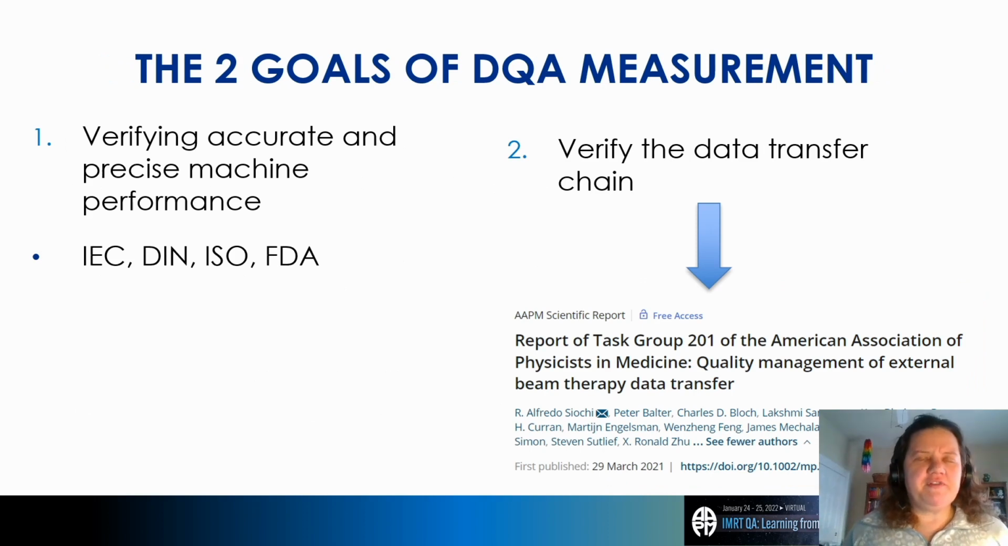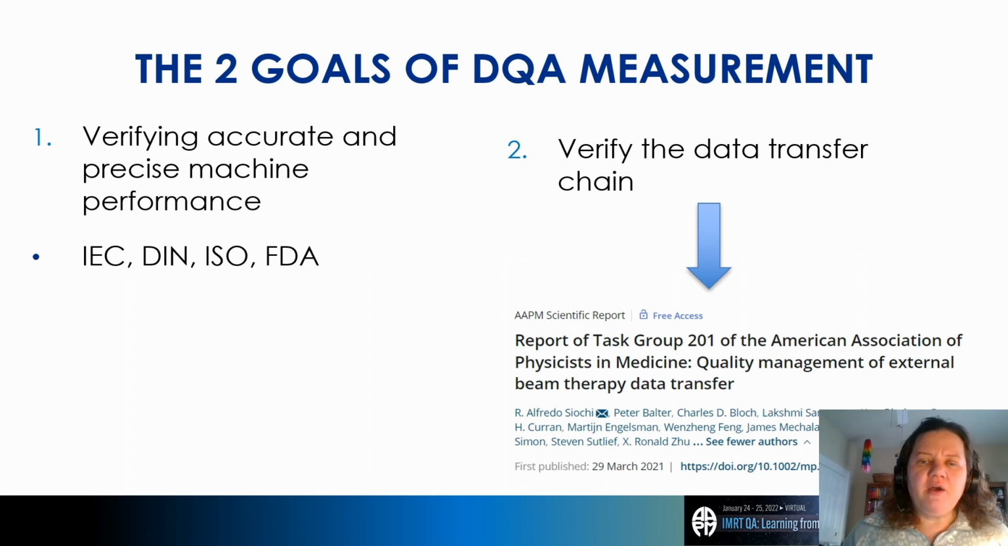So from what we've seen so far, we have two goals of the DQA measurement. One is verifying accurate and precise machine performance. The machine is meeting the standards that are outlined by standards and regulatory organizations. And the second part is that we're trying to verify the data transfer chain. As we've seen in the New York Times articles, that was one of the major problems that led to catastrophic